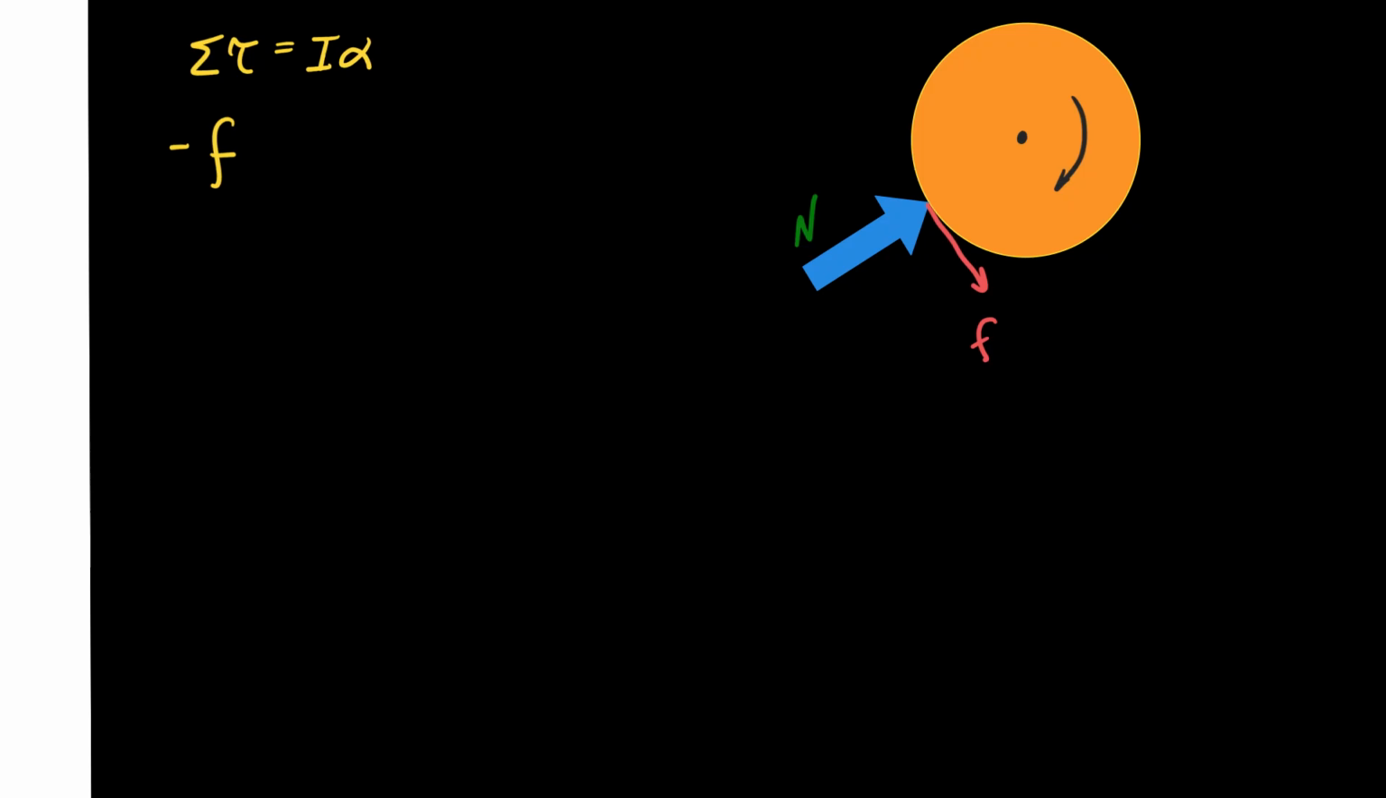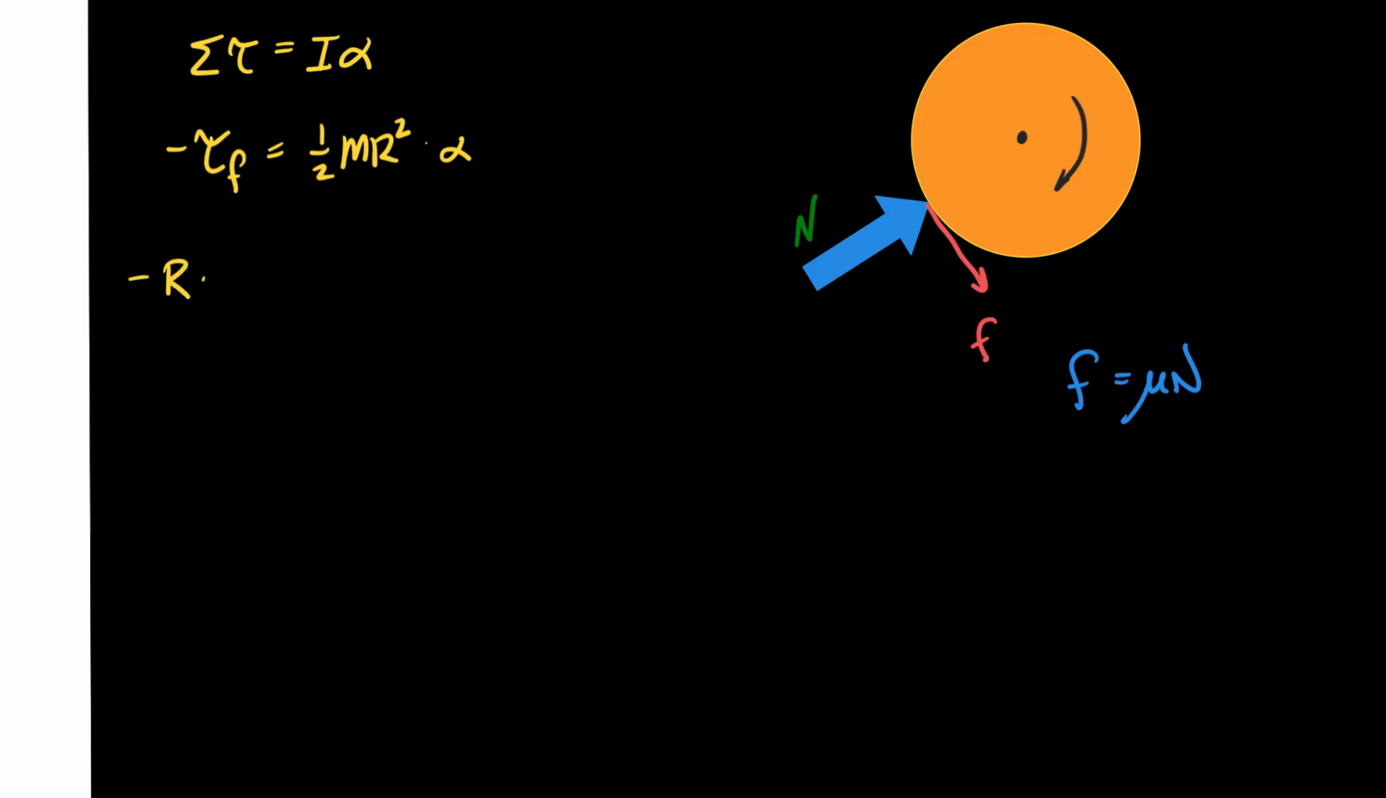Actually, I should write this differently. So I'll write negative torque due to friction equals 1/2 mr squared times alpha. And I think we can, I don't know how much you're going to need to prove this, but I think friction is going to be mu times the normal force. And therefore, if I sub that in, I'll get minus